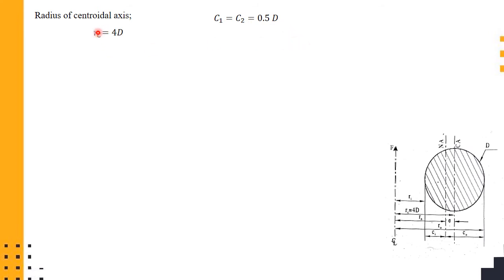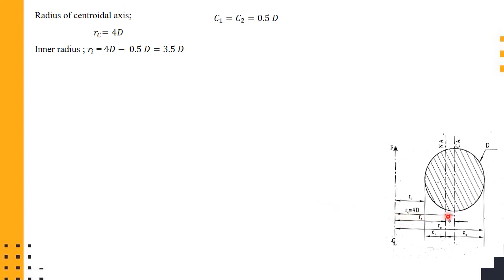One by one we'll mention the dimension. So radius of centroidal axis is RC equal to 4D. Each and every term we will represent in terms of D, and at the end we will calculate D. After calculating D, once again we will calculate all these dimensions. So if we get a value for D, we will calculate each and every dimension. Okay, so RC is equal to 4D, and Ri, that is inner radius,